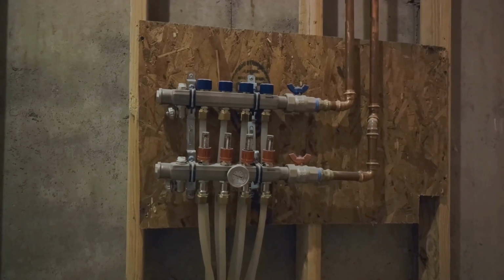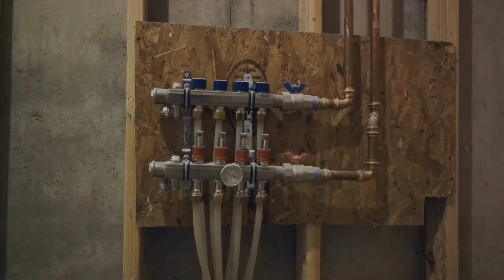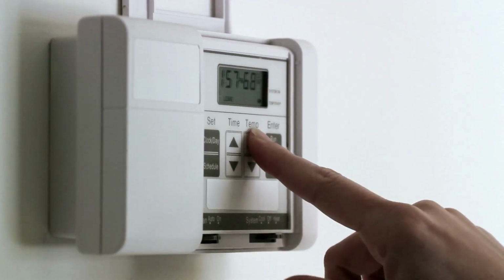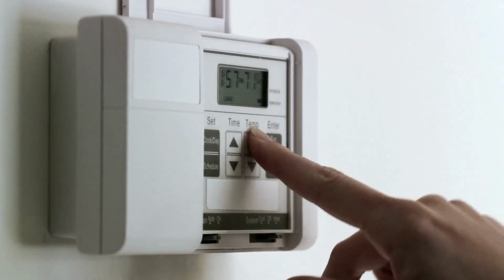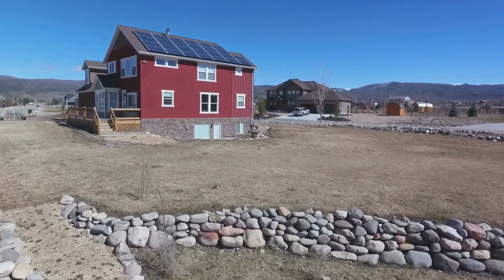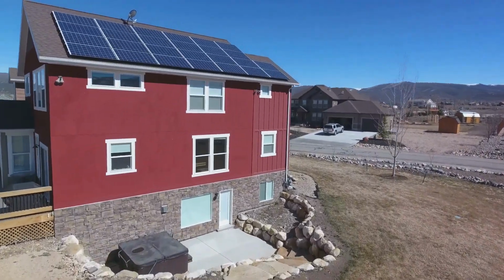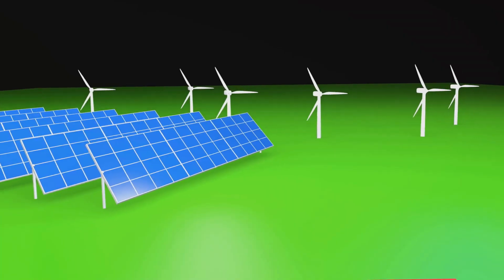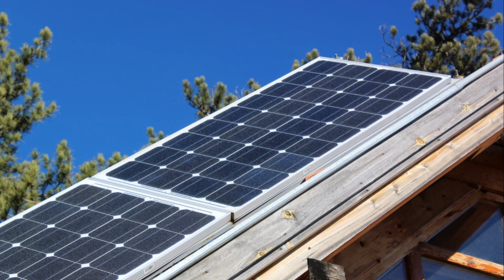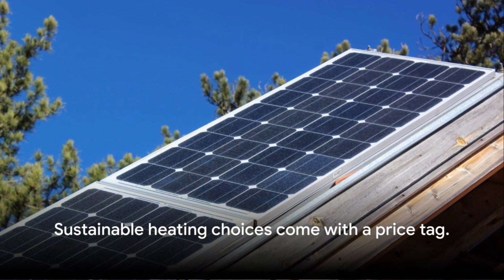On the other hand, geothermal heating systems work in an entirely different way. They don't rely on the sun but harness the Earth's natural heat, which remains consistent throughout the year. This heat is extracted using a ground loop pipe system and a heat pump. But keep in mind, these systems require a significant amount of land for installation, and their installation process can be quite disruptive, and they are not available in all areas. Both solar panels and geothermal heating systems are excellent green energy options, but they operate differently and have varying installation